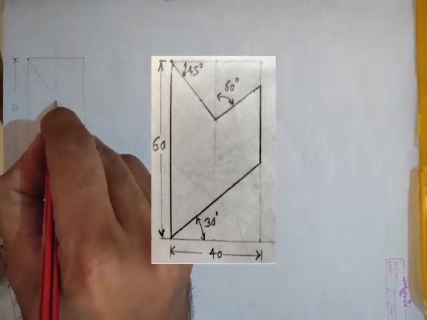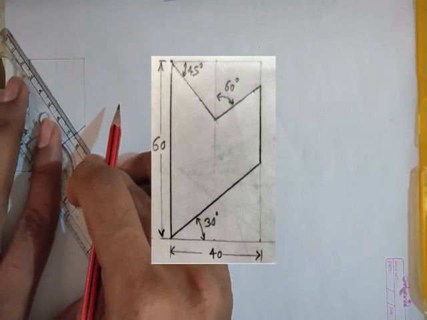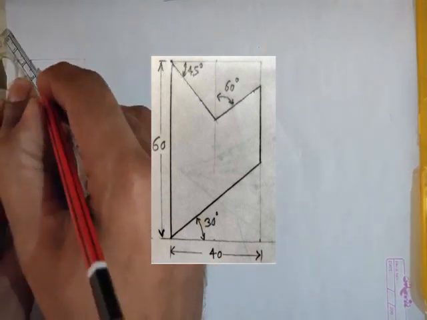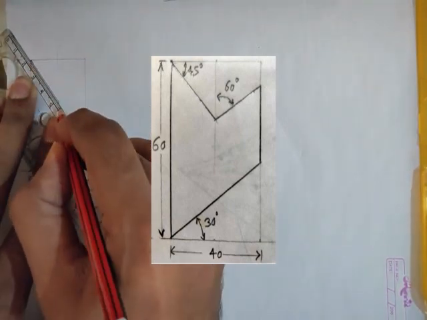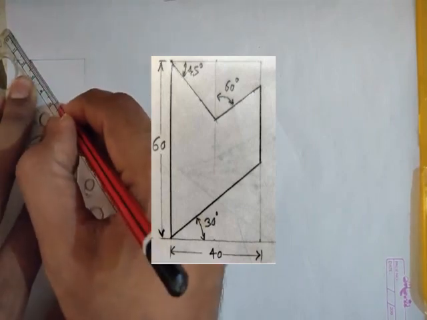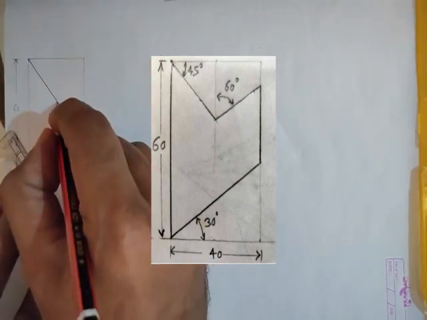So you can see that this cutting plane is intersecting the axis, which I will darken at this point here,